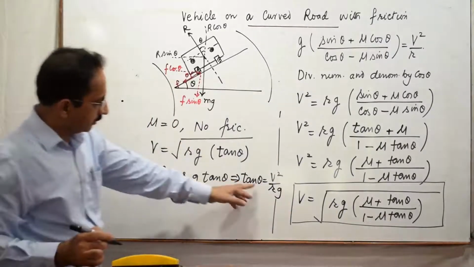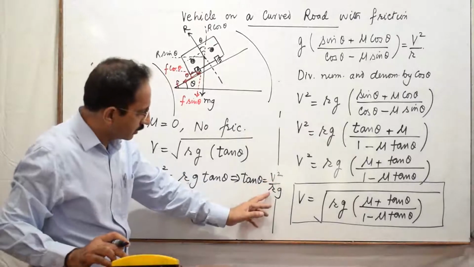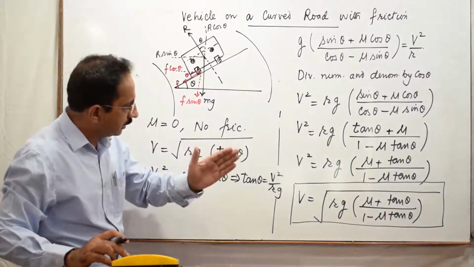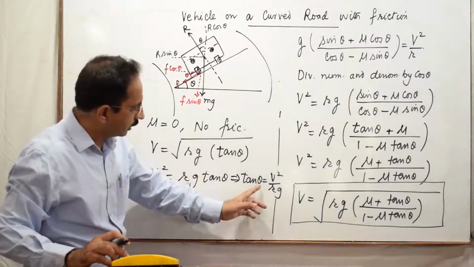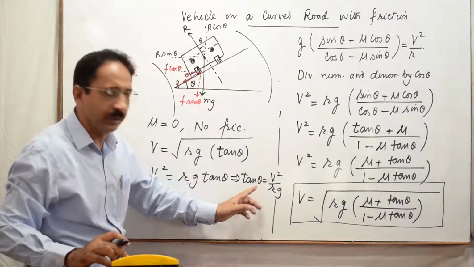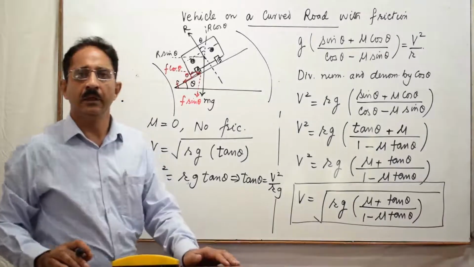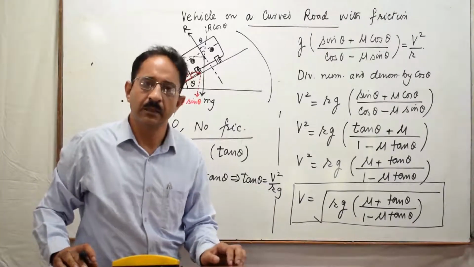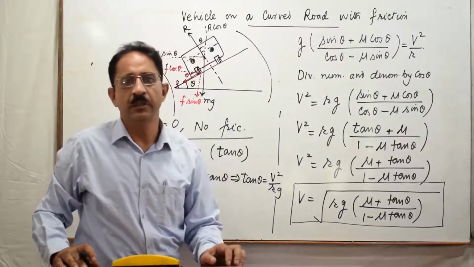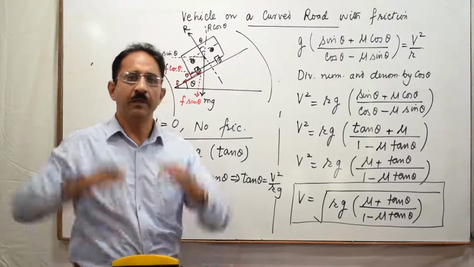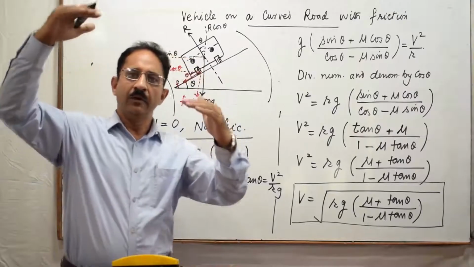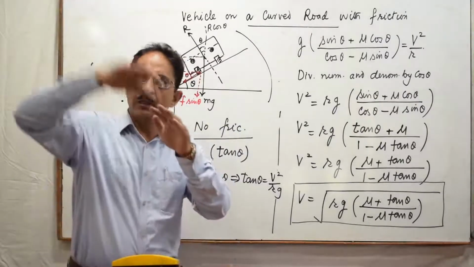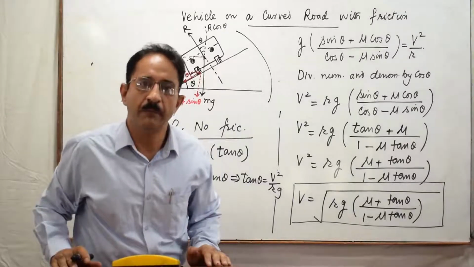तो आप इस रिलेशन में से for a given value of radius of curvature, for a given value of speed with which you want the vehicle to negotiate the curve, you can get the value of theta from here. That theta will be angle of banking for a vehicle, or for a cyclist or a biker, it could be the angle with which he has to lean. For an aeroplane, it could be again that how the right wing and the left wing have to be with respect to each other at a certain angle of banking.